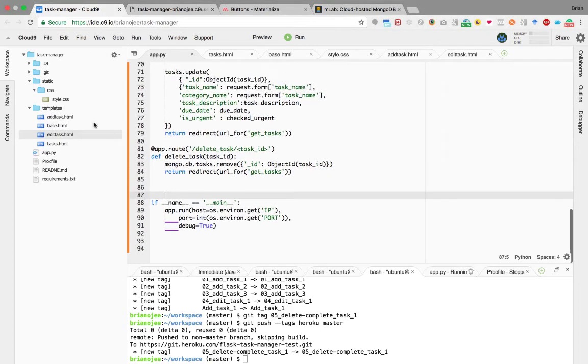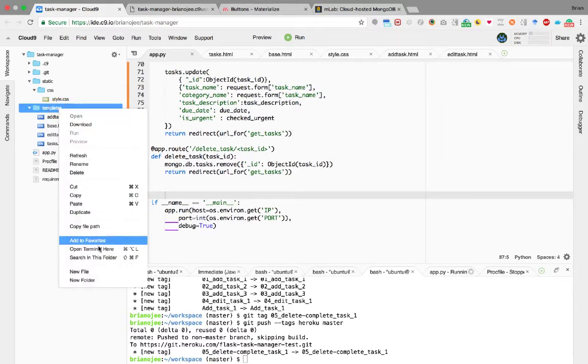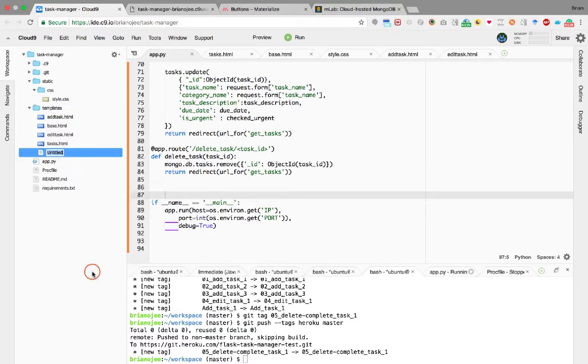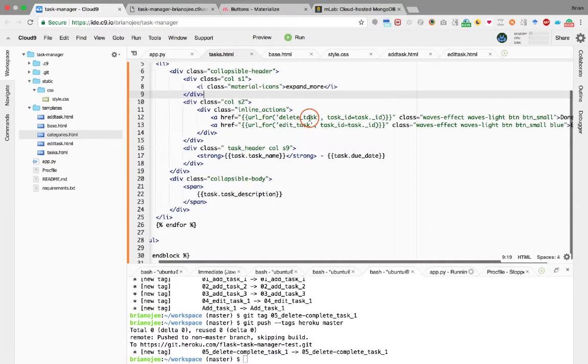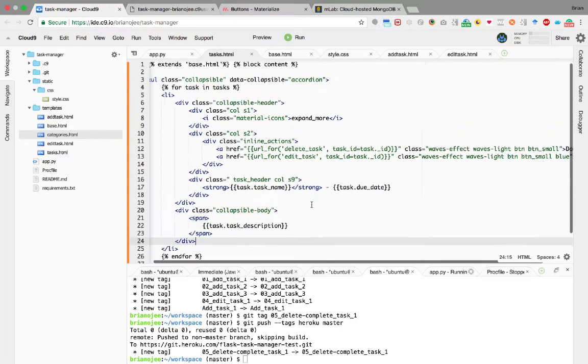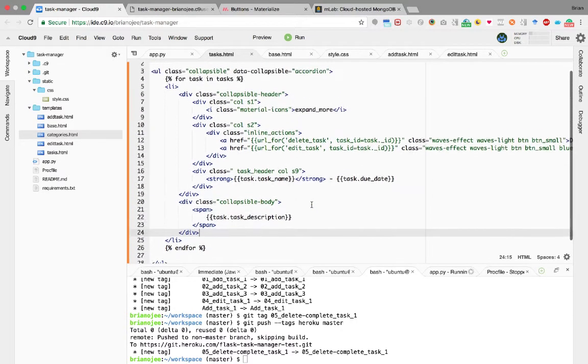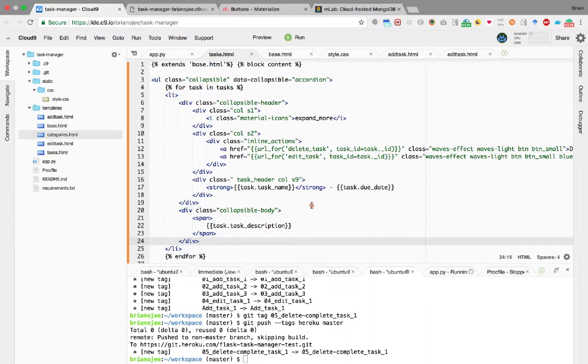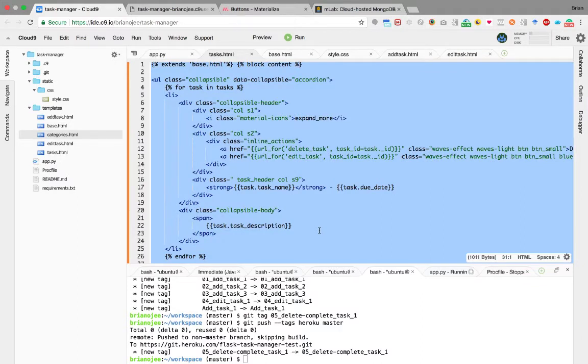It's always a good idea in coding to reuse patterns or actual code again and again. It provides consistency to your projects. So in order to display our categories, we are going to reuse most of the functionality that displays our list of tasks. And as with a task, you can edit and delete a category as well as add a new category. So we created a new categories template called categories.html, and we are going to copy the tasks content